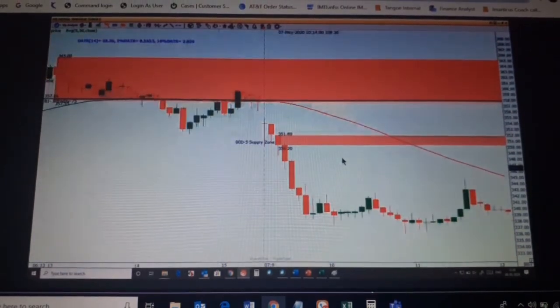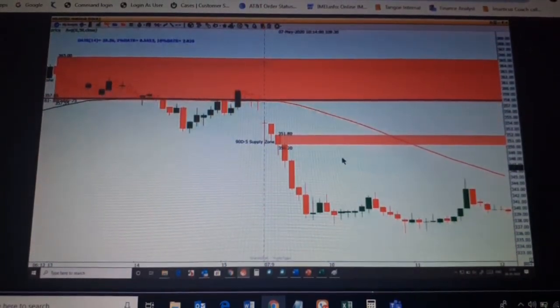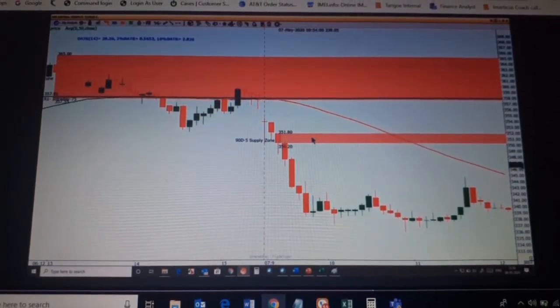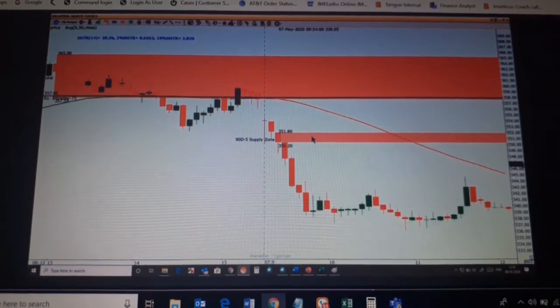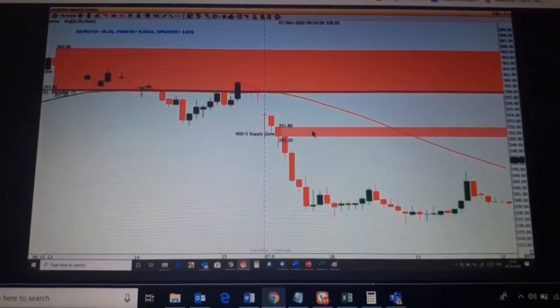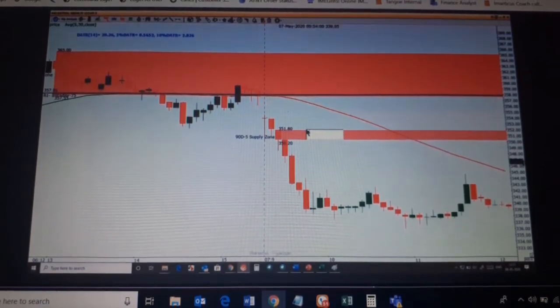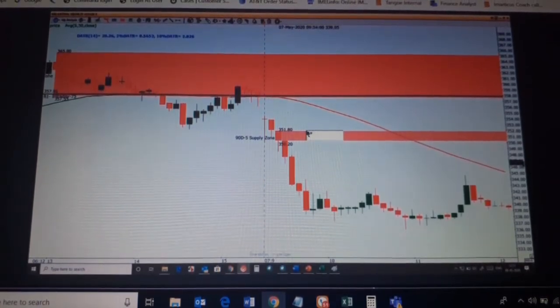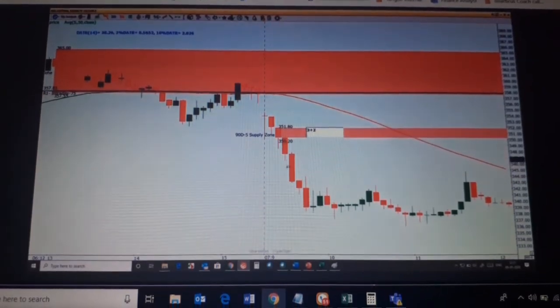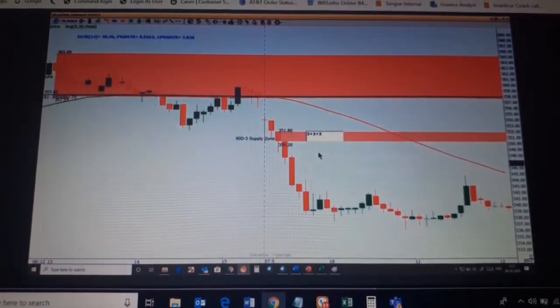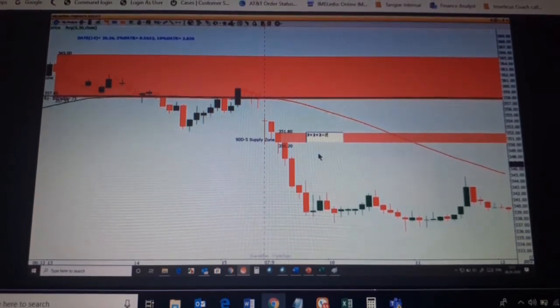So now let's score the odds enhancer. What will be the odds enhancer score for this zone? 7: 3 for freshness, 2 for the strength part, 2 consecutive red candles, and then 2 for the candles in the base, because there is only one candle in the base. So this is equal to 7.